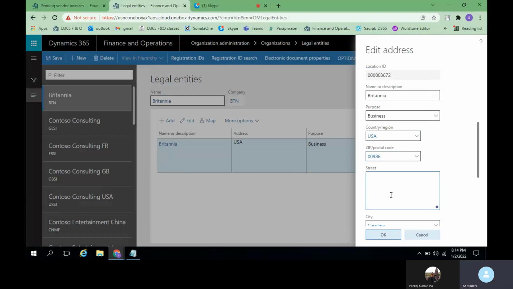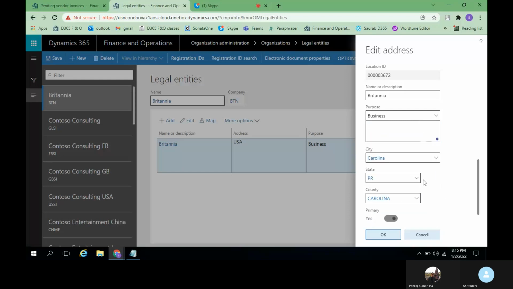You can give the street address of that corporate office address. This state by default it will select once you select the city.